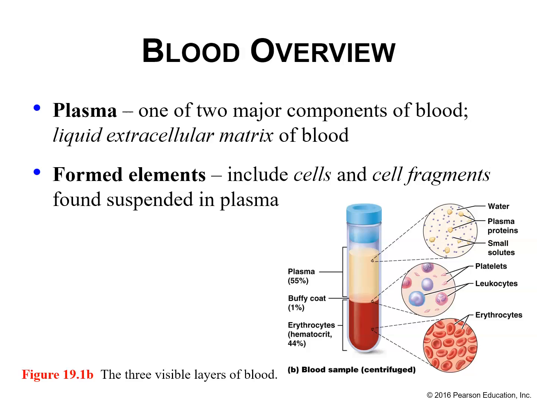This area right here that you see. But as you can see in the inset, the plasma represents water, plasma proteins, and a few solutes like glucose, electrolytes, and minerals. Okay. Now, 1% of your peripheral blood will consist of this area here that we call the buffy